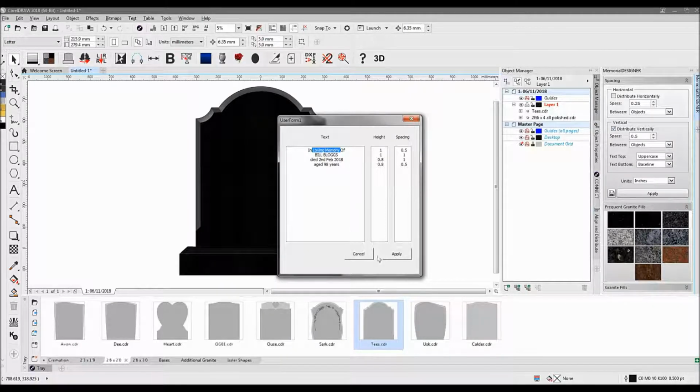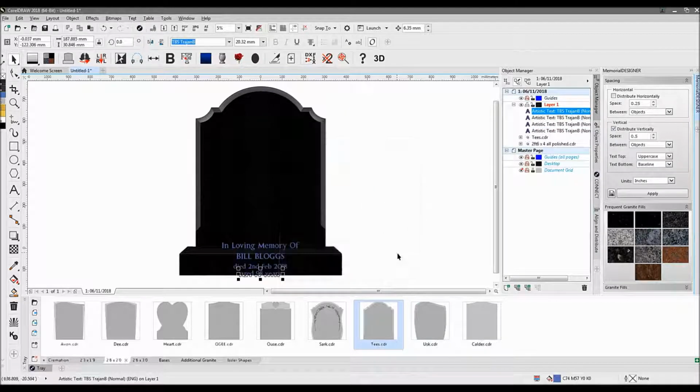I'm just going to click apply, and it's going to go and create some artistic text on the screen, and you can see it's put in there In Loving Memory of Bill Bloggs. It's created 4 separate pieces of text. We can grab those and